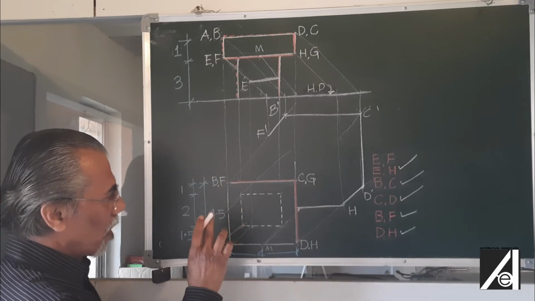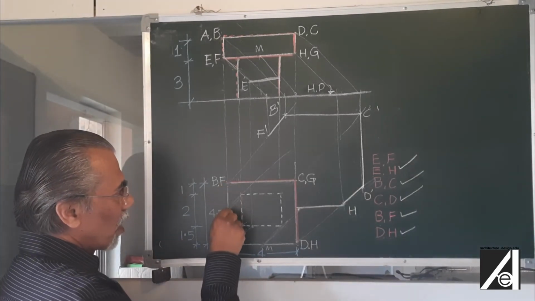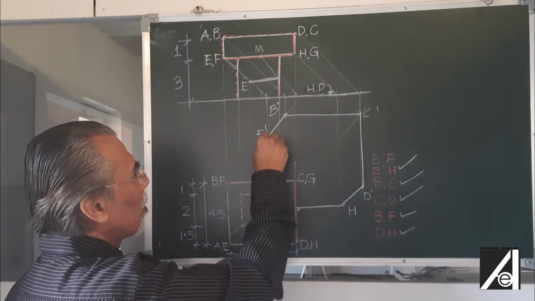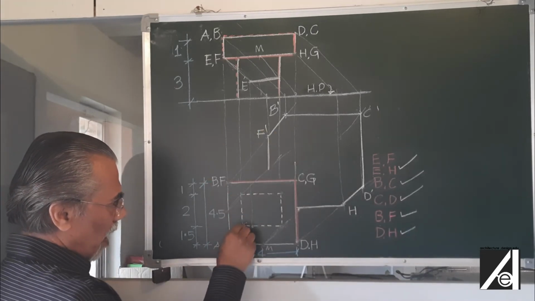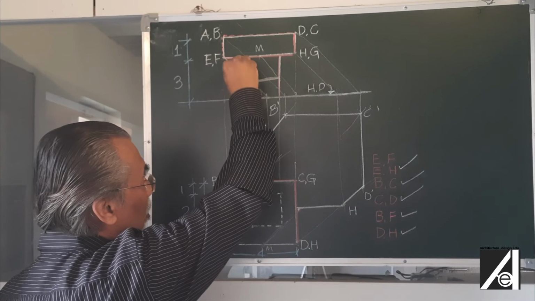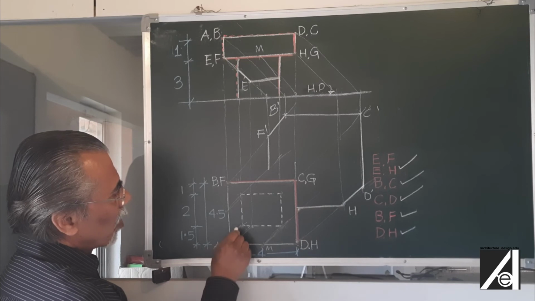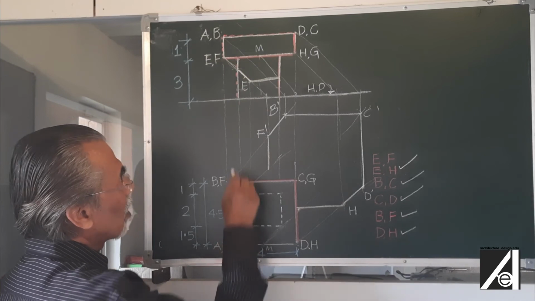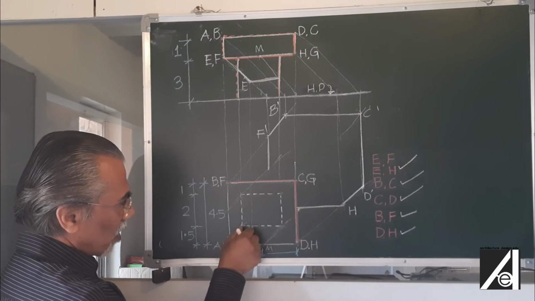Actually, if we look at it carefully, the shadow of this edge, that is edge EF, is going to be split into three parts. Part one, this one, falling on the ground. So this I can darken. So this is falling on the ground. Then this part falling on this surface, and this little part falling here. That is this little part, from this point coming here and this point coming here. This I have already marked here. This point is coming at this corner. So this is that side. So split into three, the shorter part here.